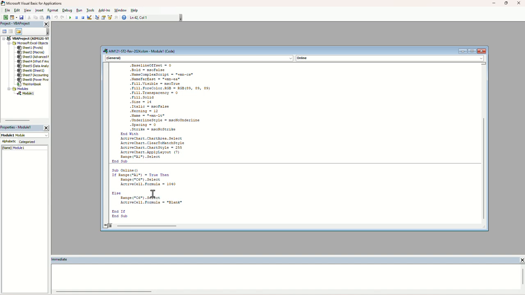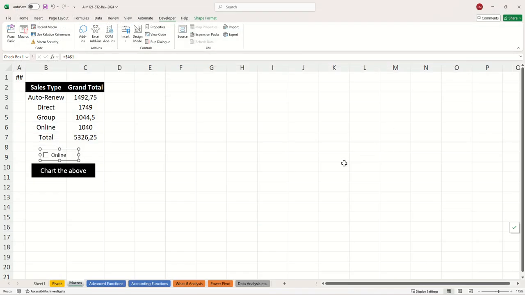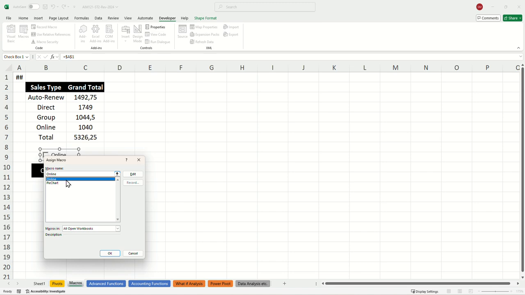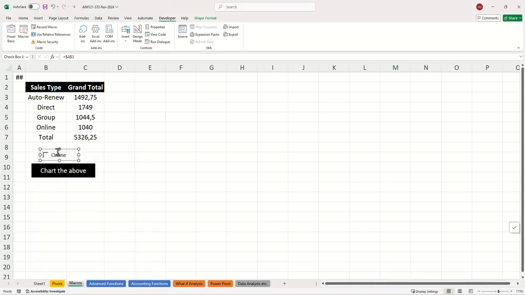So all you do is find the line where you're supposed to type, then type whatever you're told to type. In our case, we don't want to do any editing. We just want to assign that macro. So if you right click, assign macro, choose the online, click on OK, and that gets assigned